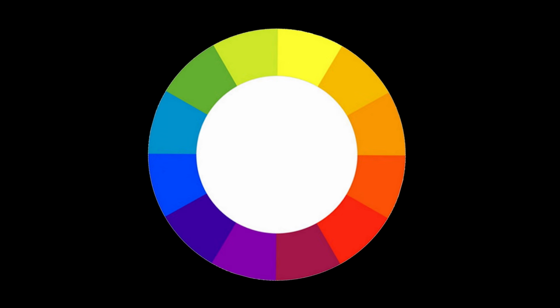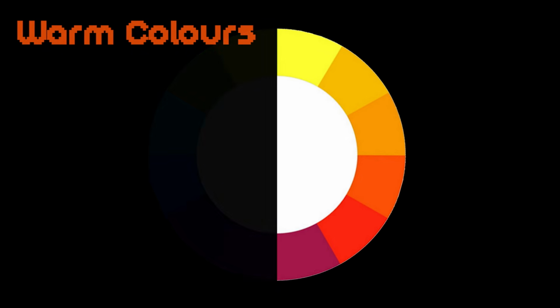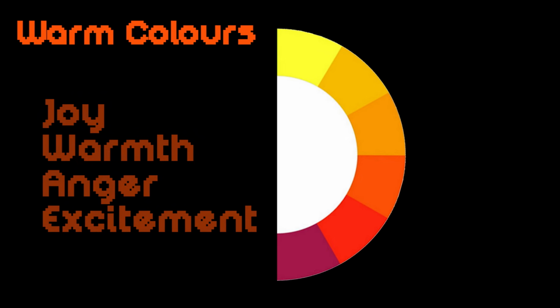Though not necessarily regarded as schemes, warm colors and cool colors still function the same. So when you split the color wheel in half, you get warm colors. Colors that induce the feeling of joy, warmth, energy, anger, excitement, etc., and are often associated with the sun and